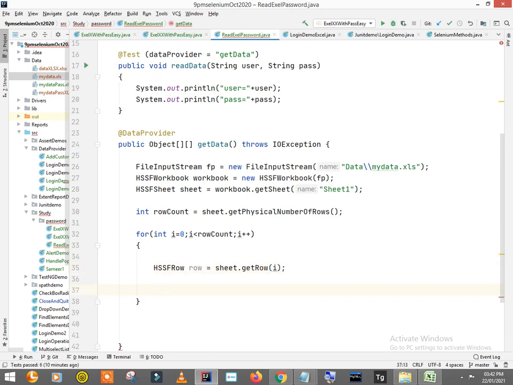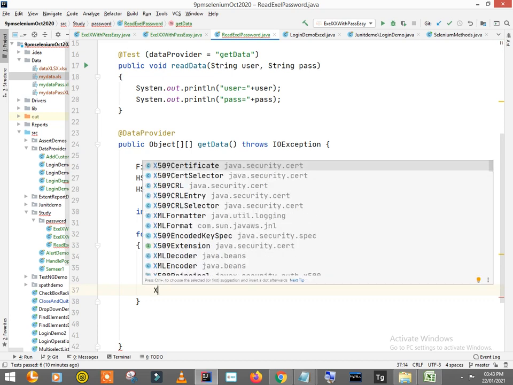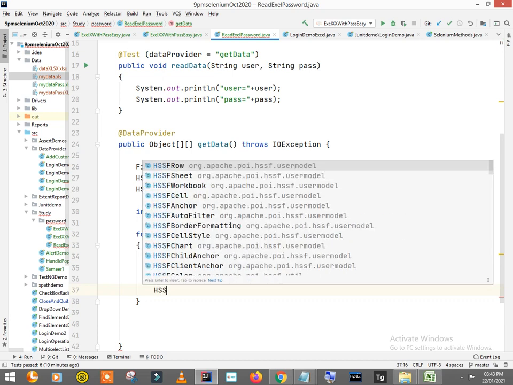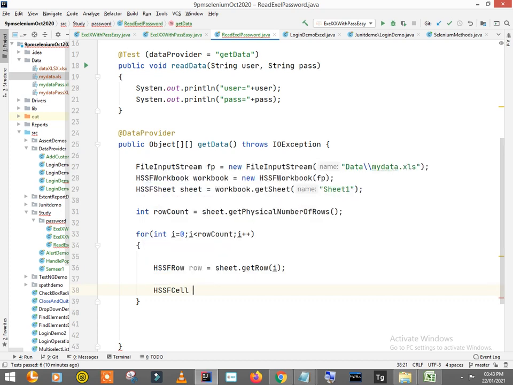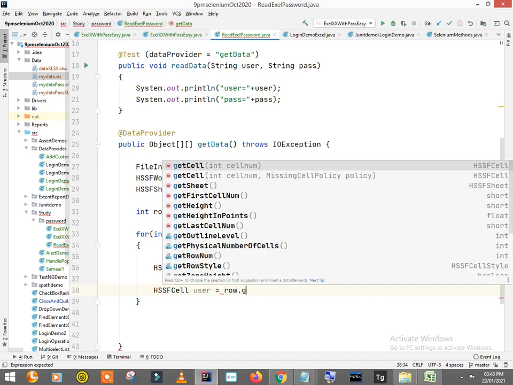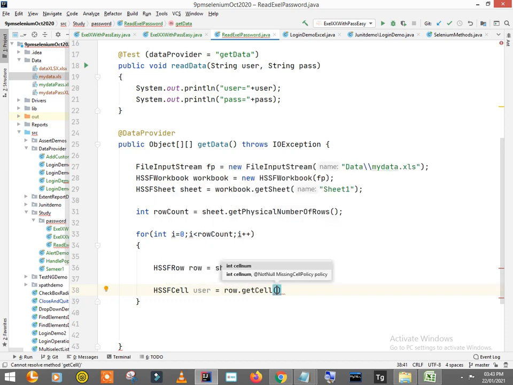Then there are two variables, username, password, so I need to create cell for them. So XSSF cell. So let's say this is for user name. So username is equal to row dot get cell, let's say 0th cell,